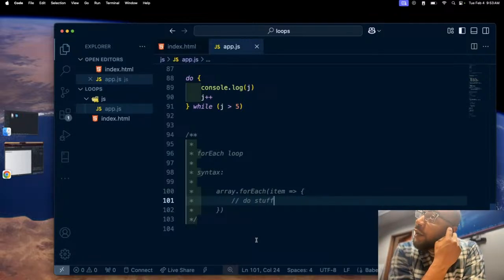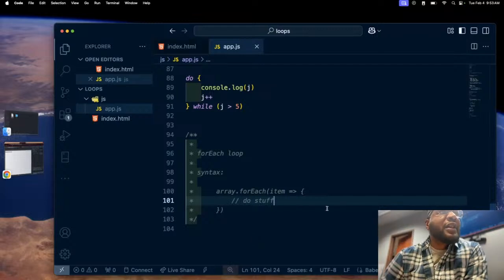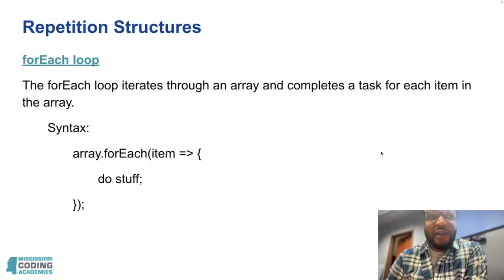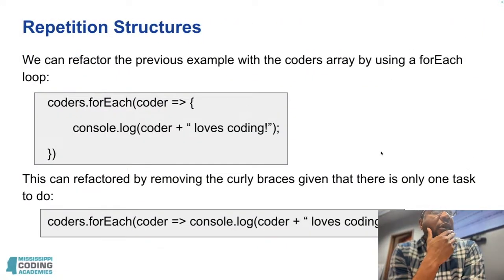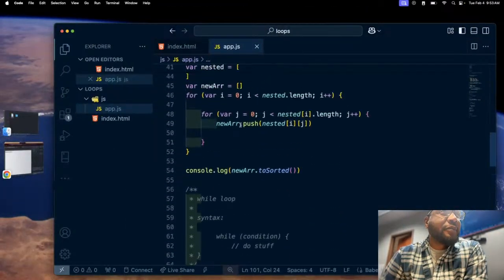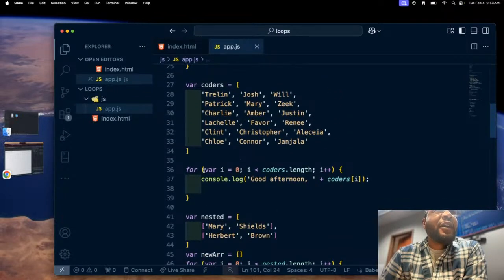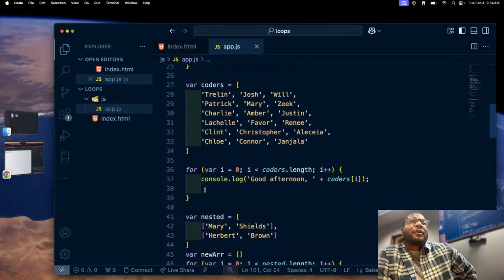So this works much like a for loop. The difference is, however, and let's see if I mentioned it in the slides. Okay, yeah. We can refactor the previous example with the coders array by using a for each loop. So let's do that. So here we had this for loop here, where we said,